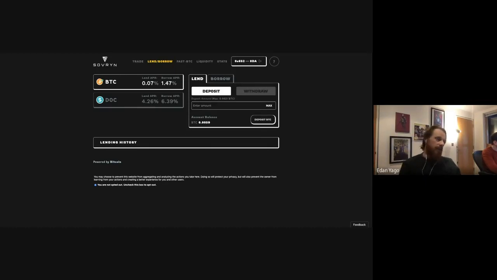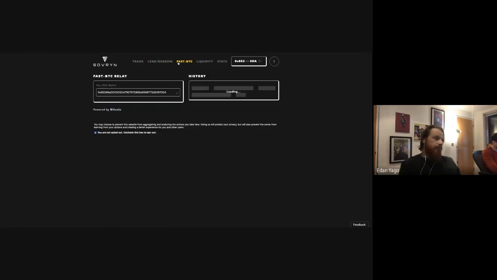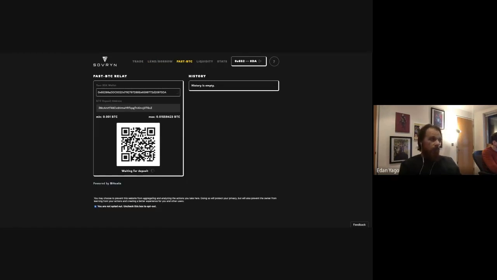We're also building a bunch of things to make it as easy as possible for users to use, and a lot of these tools are available to any application. One of them is FastBTC. With FastBTC, we basically allow anyone from any Bitcoin wallet to send their funds to this address that you see here, or this address that you see here. And within one Bitcoin transaction, those funds will be converted to RBTC.